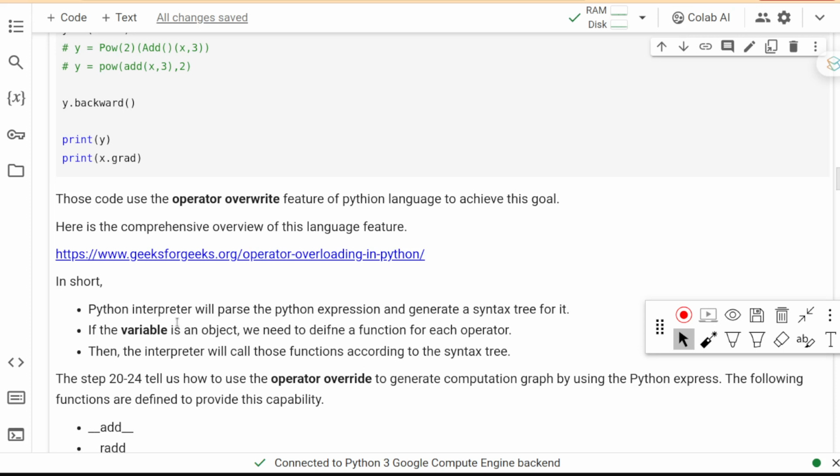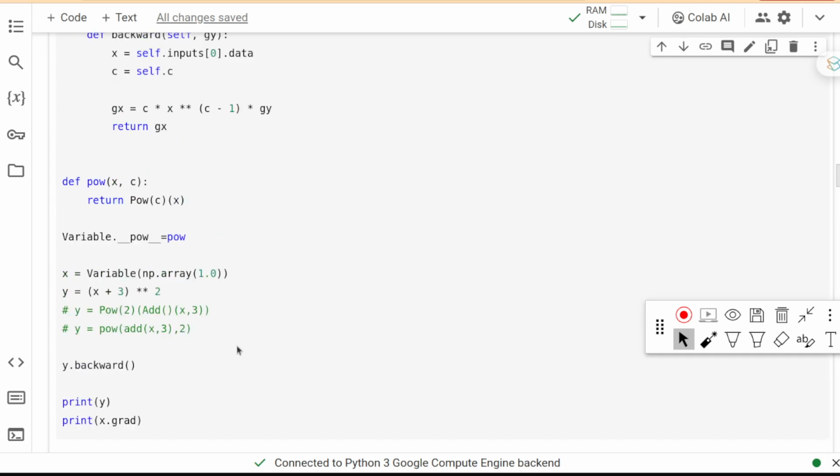So if an operator function is defined, the interpreter will call those functions according to the syntax tree. So for example, if we write the program in this way, x is a variable, and the variable will be added to something else.